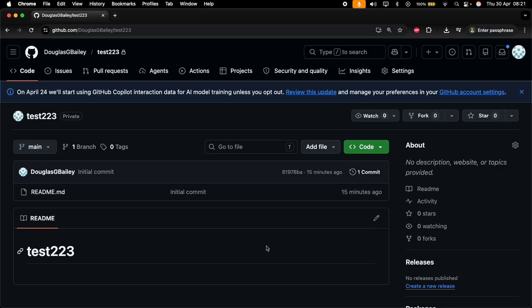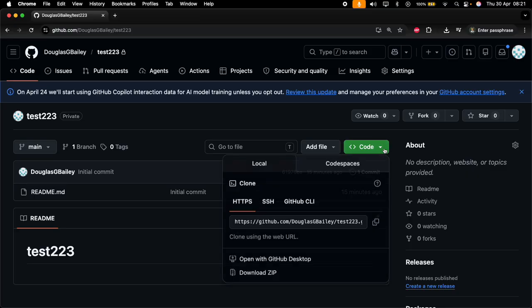Git scripts is specifically for interacting with GitHub in a simpler manner. So let's take a look. This is a test repository on GitHub. It's called test223, and it contains one file. It's a README file. So I would like to clone